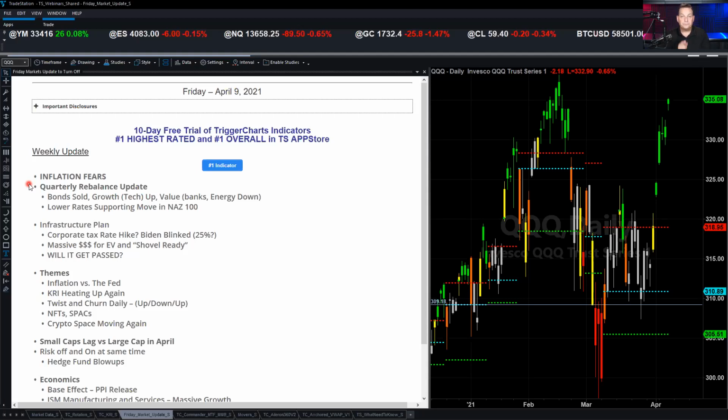And therefore, and this is really important, rates started to come down again. That really pushed over the last 5 days. Just look over the last 5 days at what happened with the NASDAQ compared to maybe the Dow and bonds. So there is a direct correlation that's happening right now. And it's a little bit nerve-wracking because the question, for a lot of people, is, is this for real? Are we going to see bonds at 2%? And if so, is that really going to take down the names like Netflix and Apple and Tesla?